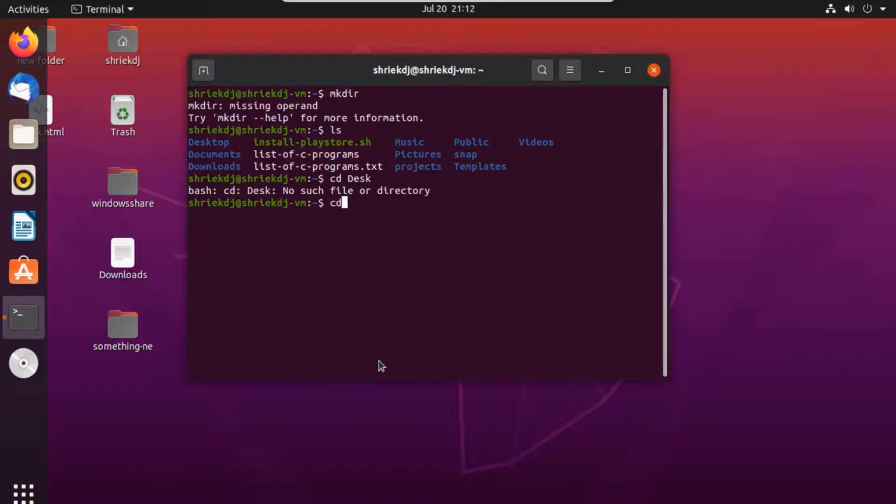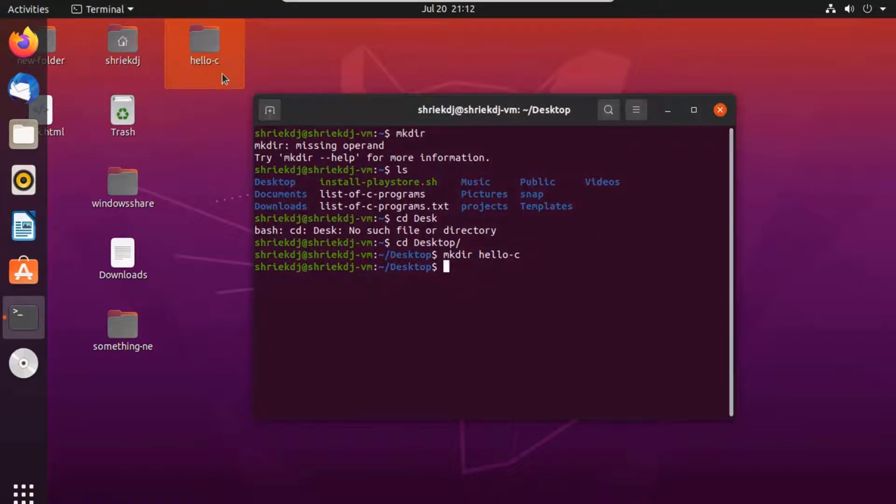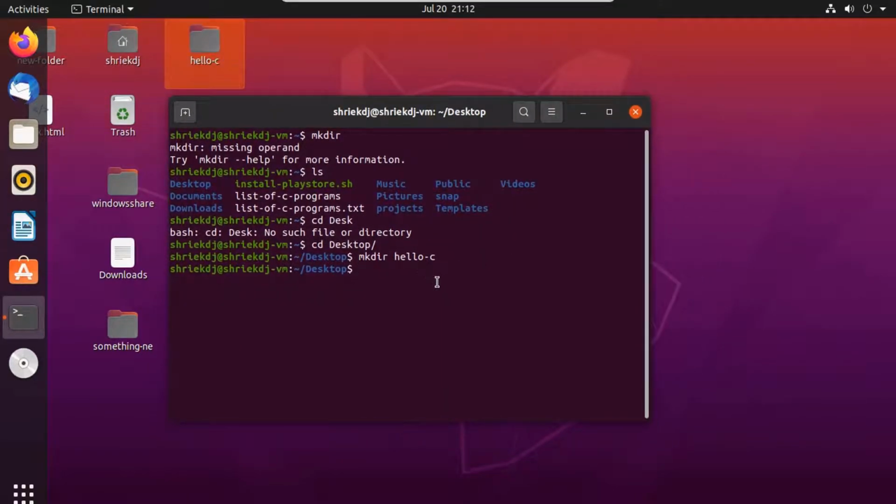It's downloaded, but you can also verify that it is working by creating a hello world program. I'm gonna go into my desktop and make a directory named hello-c. It's easy like this, mkdir hello-c. It's created. This is my hello-c project folder.